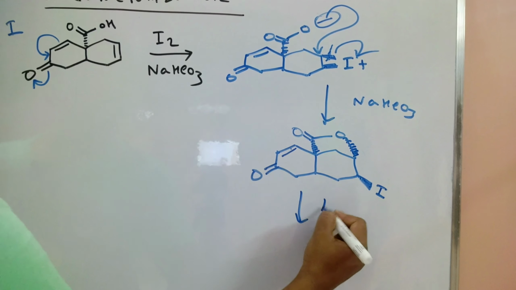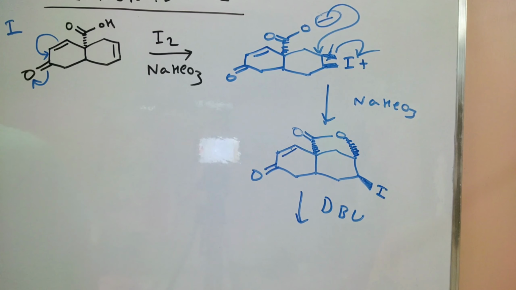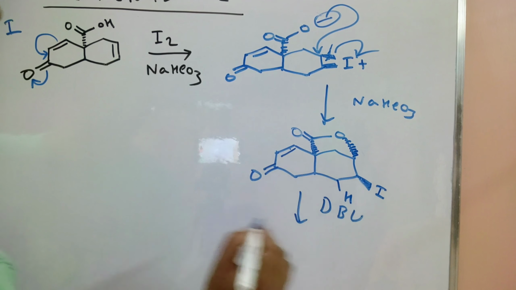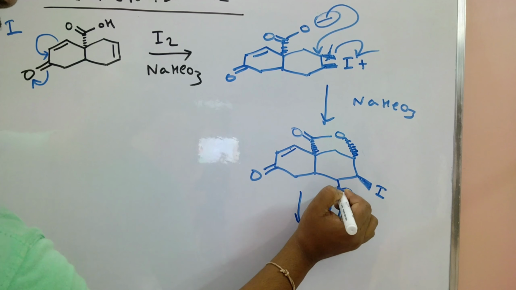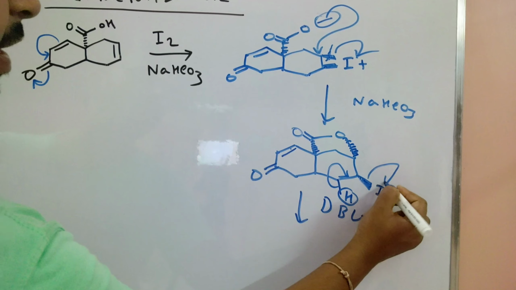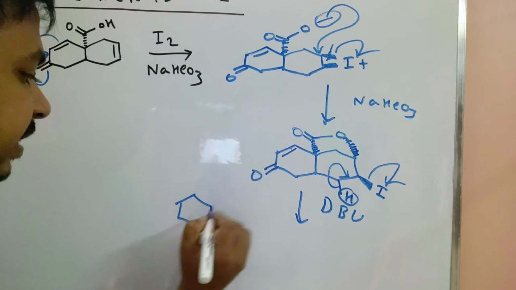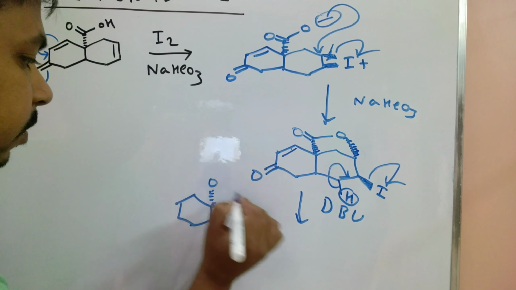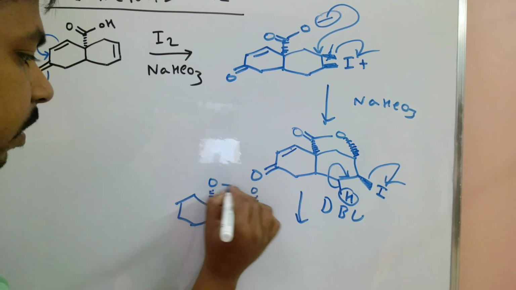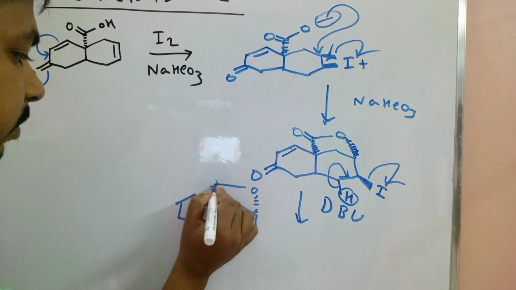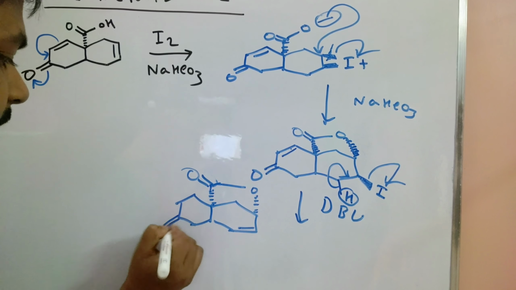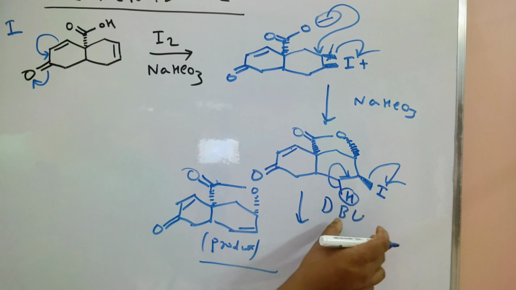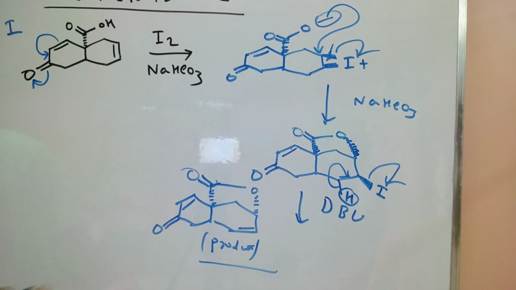But very interesting thing is here, in the presence of DBU, which is a base. So base, we also discuss, abstracts hydrogen. So in the presence of base, this hydrogen abstraction is possible. So this bond gives a double bond and iodine is removed from that system. So the product is, double bond is formed here, O, and this joining and O is present here and this double bond is intact same. This one is our product in the presence of DBU, bicarbonate and iodine. All steps we also mention.